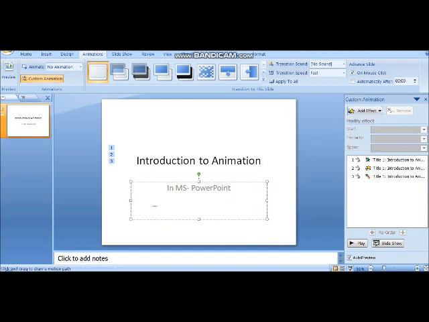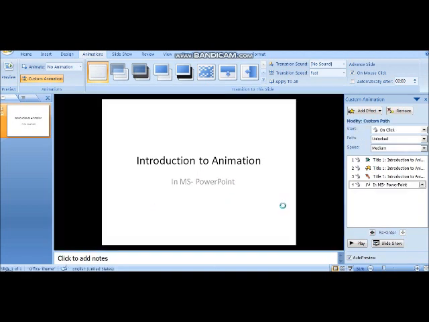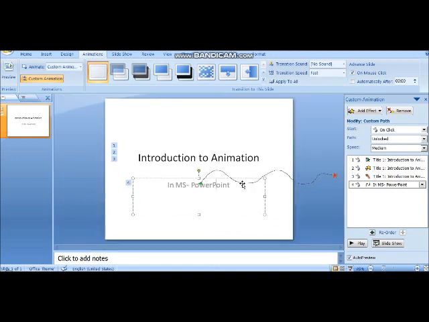Free form. Suppose I want this animation to be like this wavy line, and this will be followed.